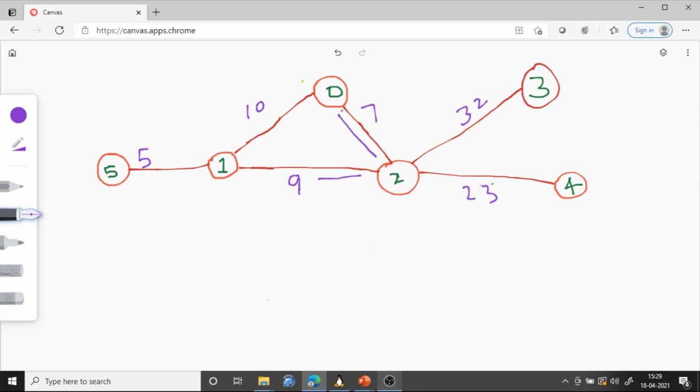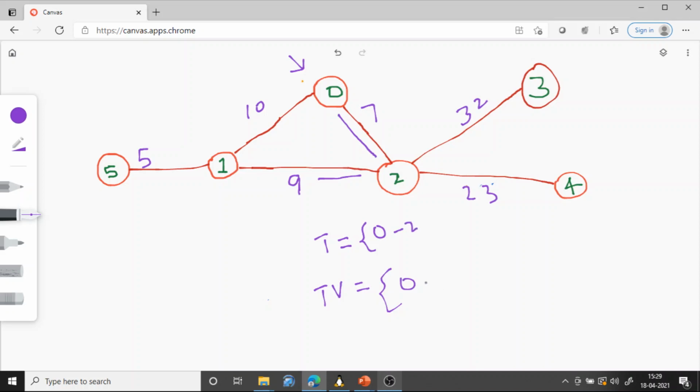Now let us apply this understanding of the algorithm to this graph. Let us call T the set of edges, initially empty. TV is the set of visited vertices, initially 0, that is the root vertex. Now we have to identify an edge such that u is visited and v is not visited. For u we have only 0 available. From 0 there are two options, 0 to 1 and 0 to 2, and 0 to 2 is the one with the least cost. So we will add the edge 0 to 2.